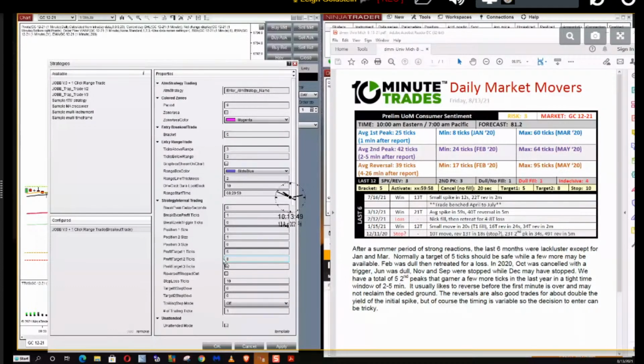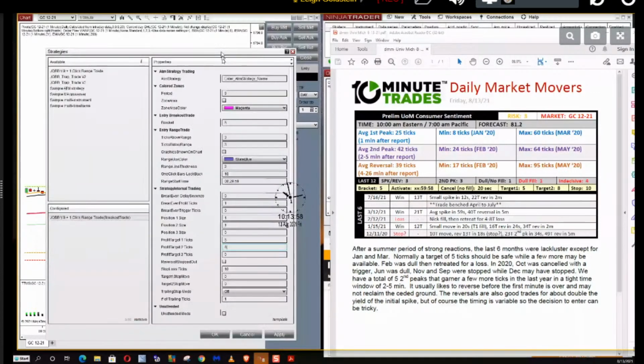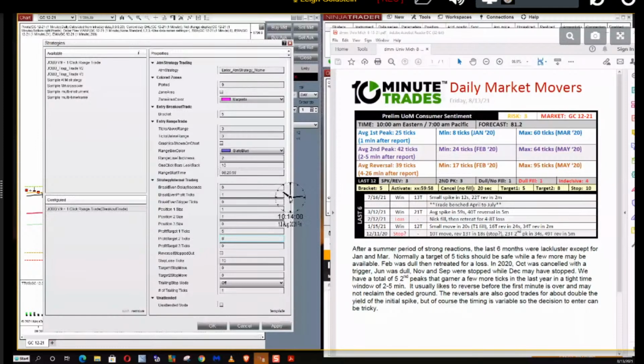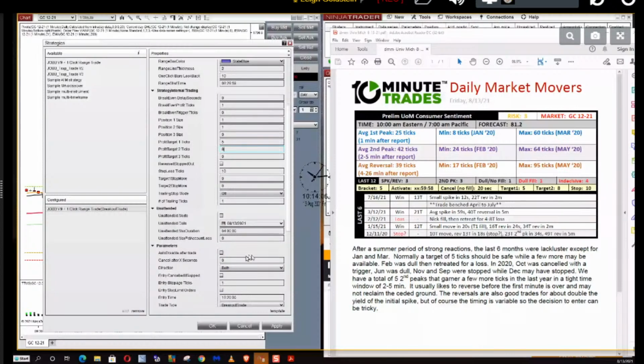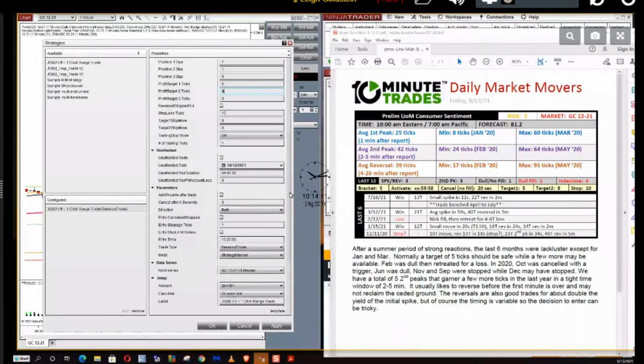My stop loss ticks is 10. 10 is already in there. That's my trade setup, almost done. I can slide down, keep sliding down until I get to the entry time, which is the activation time. Entry time. And we're going to say it's 10:16. Okay, we're going to use a different time because the time is later. So we're going to say our trade is 10:16. It's 10:14:25 right now. It's a breakout trade.